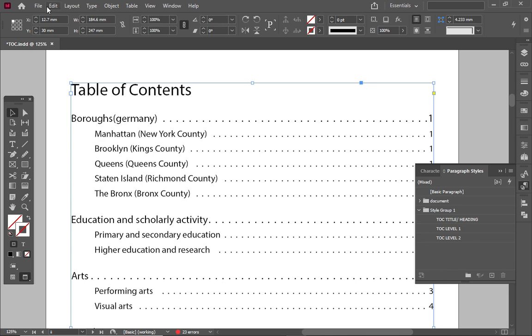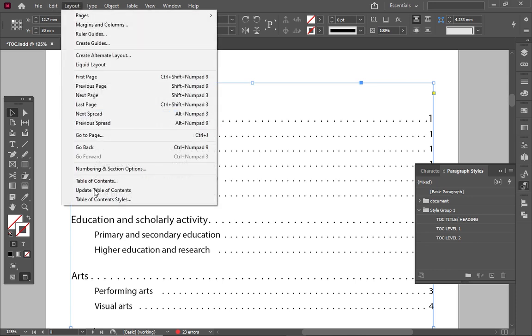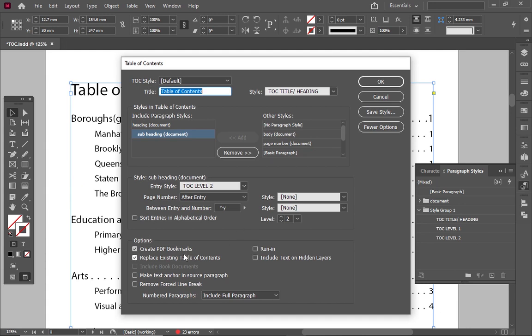And one thing I want you to know is that when you come to layout, table of contents, you have this option which says create PDF bookmarks. What it does is, when you create the bookmarks, it will let you scroll through the chapters. So when you just enable create PDF bookmarks and click on